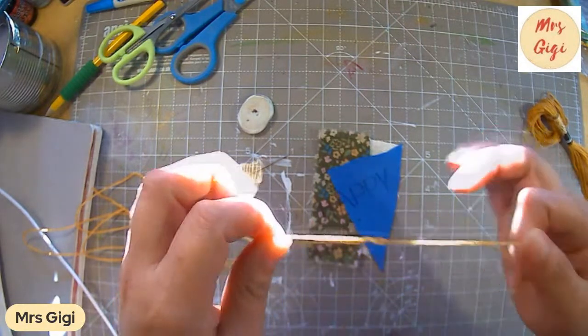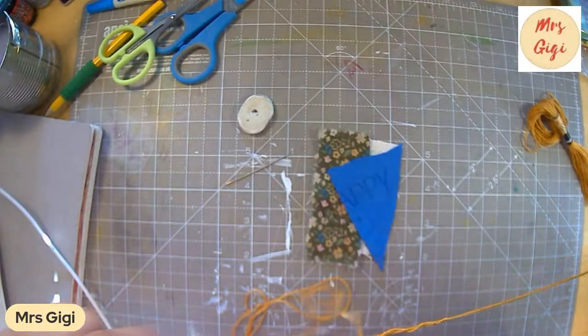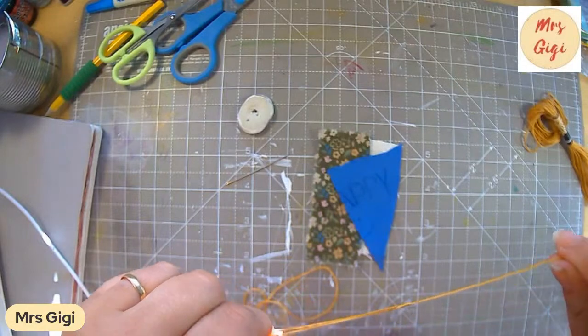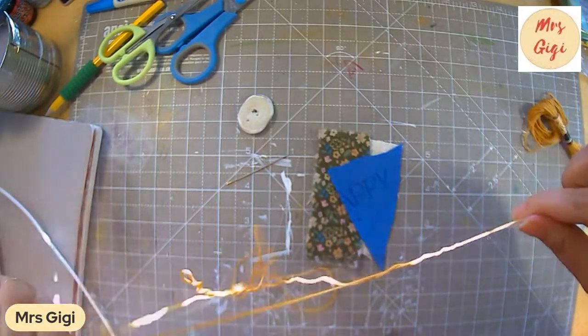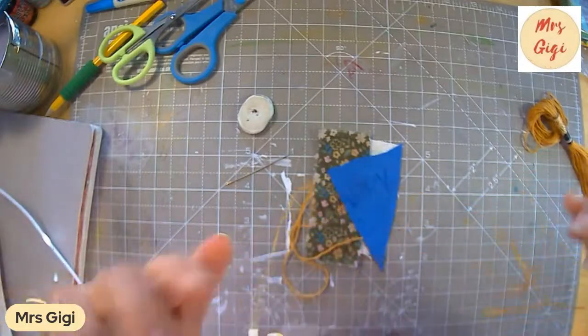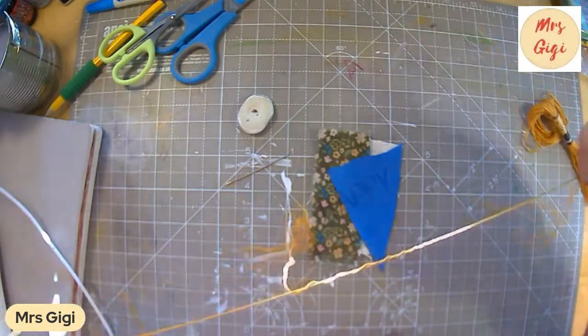So this is the tricky part, to have the thread divided into two. And of course I could have done that beforehand, but